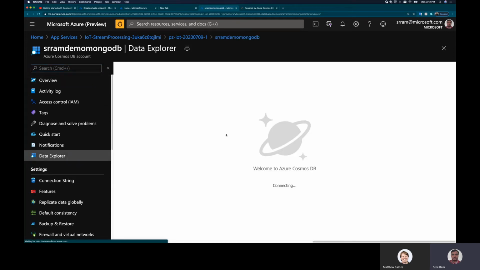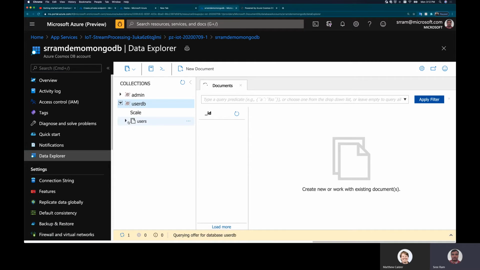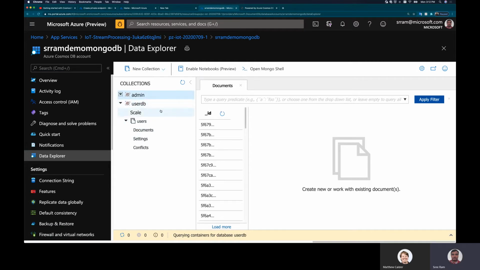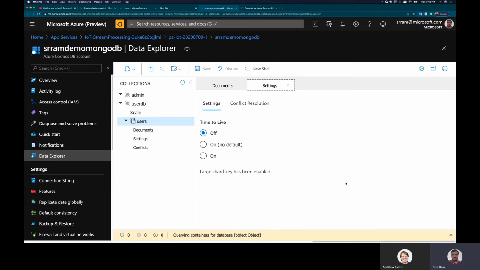And this is the collection I have underneath that. So as you can see here, a user, I think I have created it under admin or one of these. Okay, I think I have created underneath the users. So this is the user document you can see here, and this is the location information, right? I am capturing, and sure enough, if you go and see the settings,